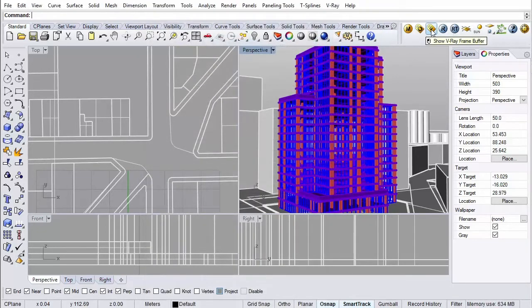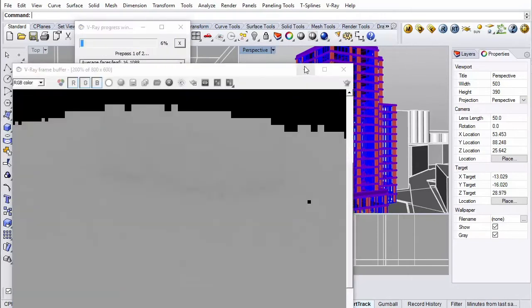This is the frame buffer. This is to launch the V-Ray preview window. This is the render command. So whenever you want to get a render out of V-Ray using the current settings, you click this. And this will begin to render whatever you're seeing in the window.